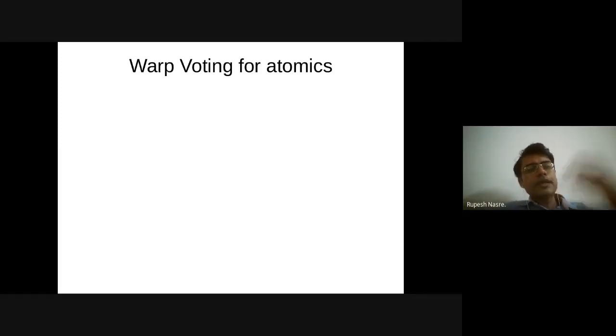Is there a way we can reduce that contention? Is there a way we can reduce the number of atomics? Like we said, instead of doing atomic increment every time, can we do atomic add, for example? But in this case also, when doing atomic add, we still considered each thread to be separate. When we did, for example, a global barrier across all thread blocks, we said let's not keep every thread of the thread block participating.